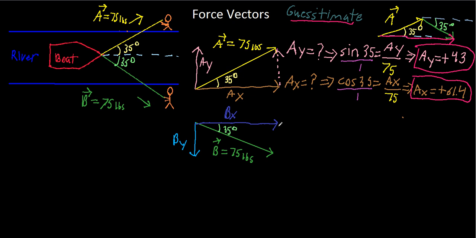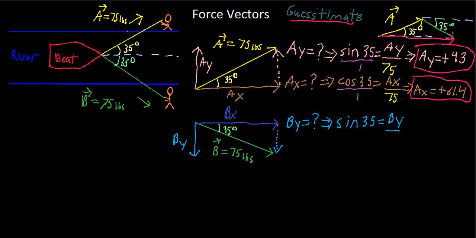Well, first things first, I'm going to go ahead and redraw b of y over here so it looks like a triangle. I'm just sort of translating this y component of the vector anyway. So we do the exact same thing. We say b of y equals what? Well, b of y is the opposite of our angle, so it's still the sine of 35 equals b of y